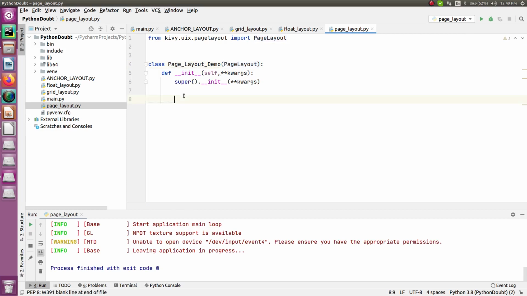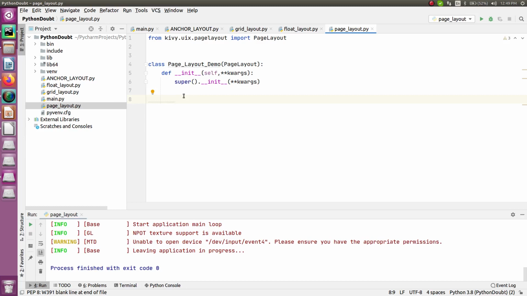All right, so this is all that we have done, and do one thing, just call this class, right? So this is what I've done. And now, just for demonstration purposes for different pages, I will add three different pages, and for those three pages I will be adding three different buttons which I will be showing as a separate page, so that you can understand how you can use the page layout and how you can set multiple widgets onto those different pages.